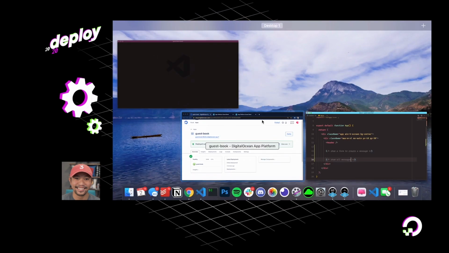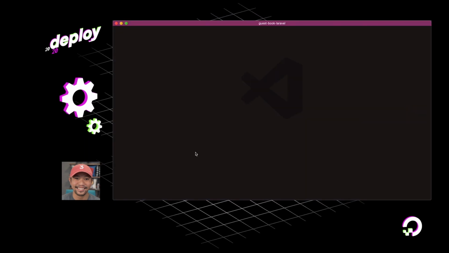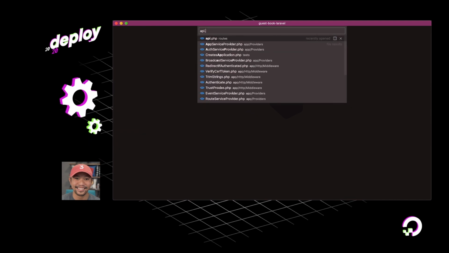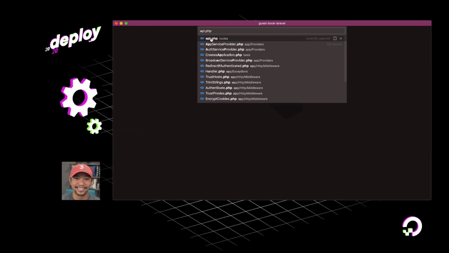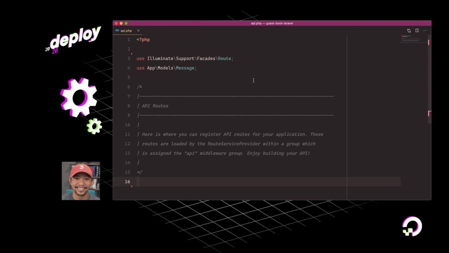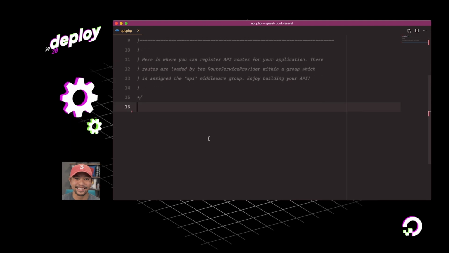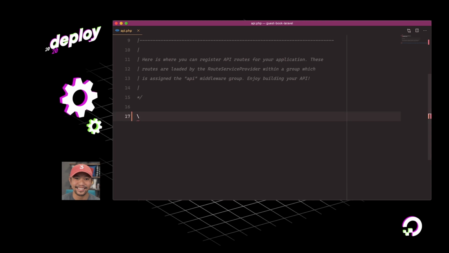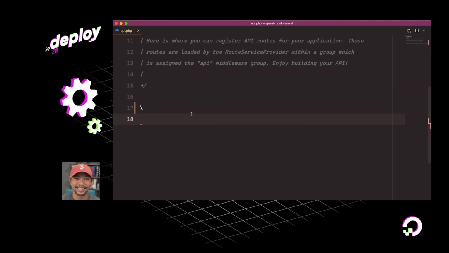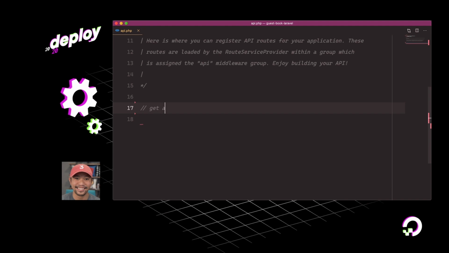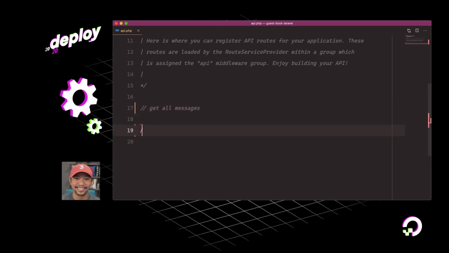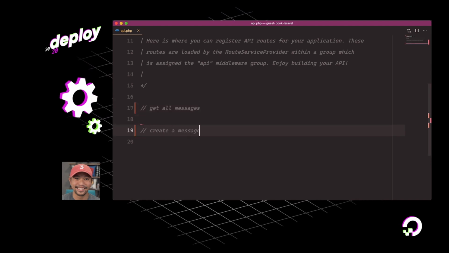So let's jump into Laravel over here. I'm going to go ahead and open the api.php routes file. And this is kind of where everything starts in Laravel. So we have the route and the message. So we're going to essentially create 2 routes here. One for, and I'll zoom in here, one for get all messages, and one for create a message.